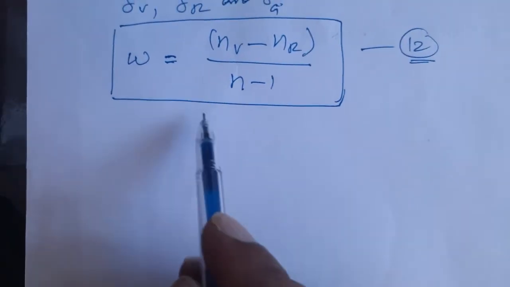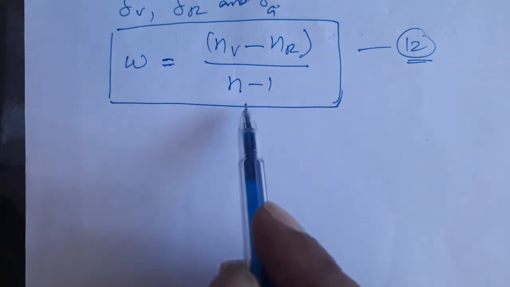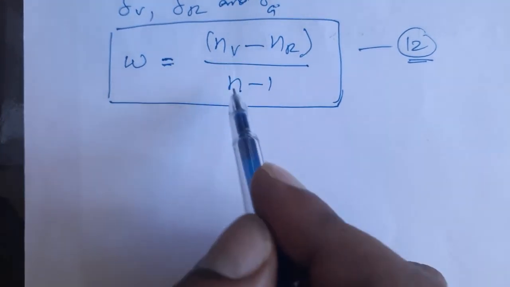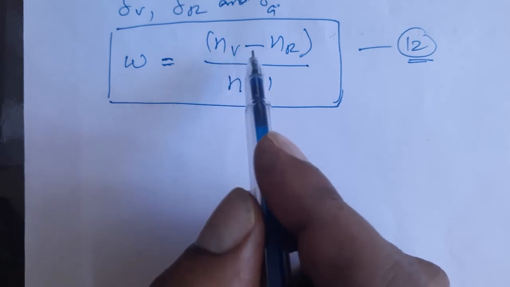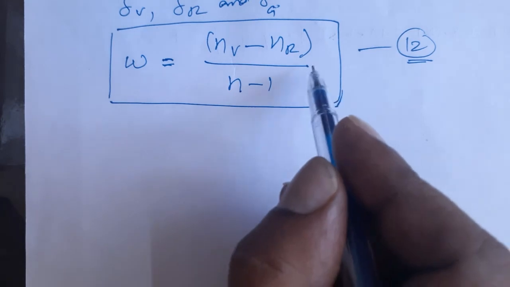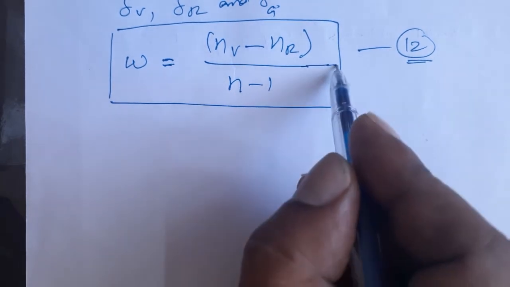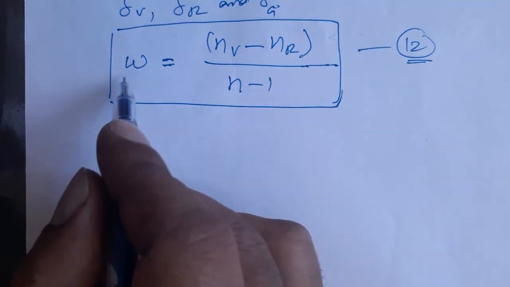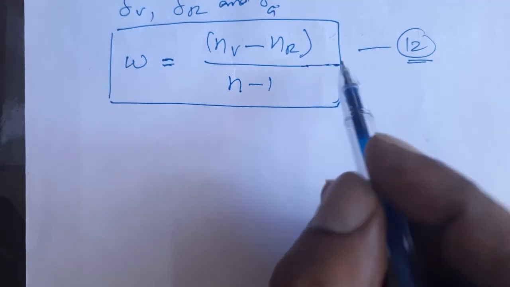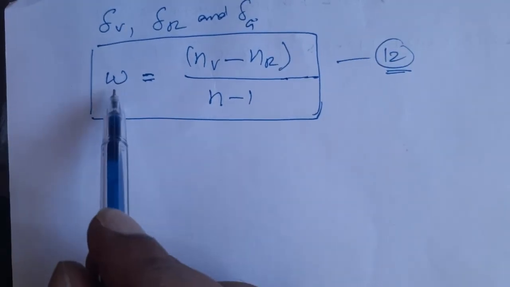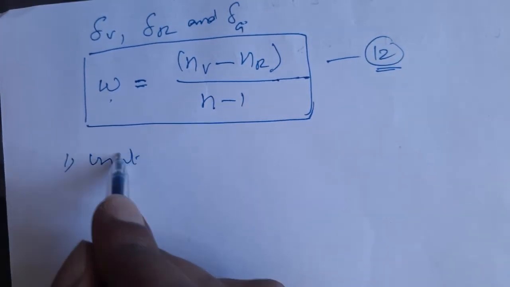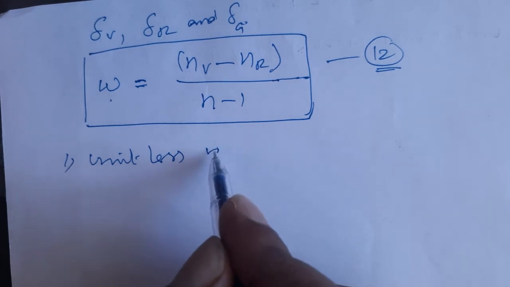Now, if you concentrate on this equation, omega is merely the ratio of the same physical quantities, that is refractive index. Numerator and denominator both have refractive index. The refractive index itself is a unitless and dimensionless quantity. Since it is the same ratio, omega also does not have any unit or dimension. So the first point: dispersive power is unitless or dimensionless.